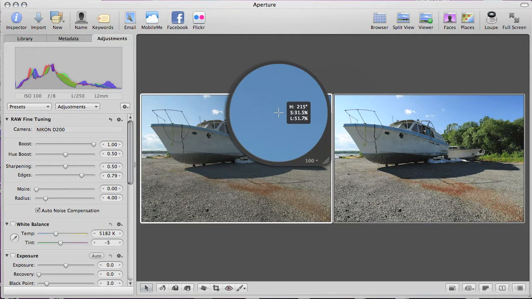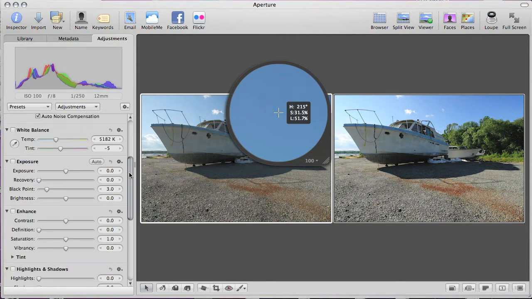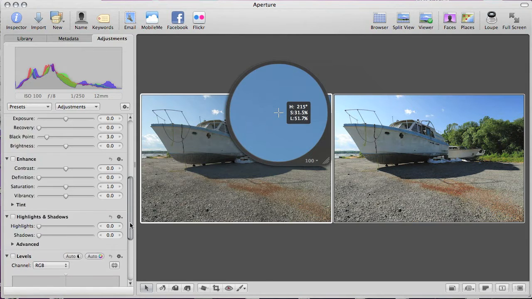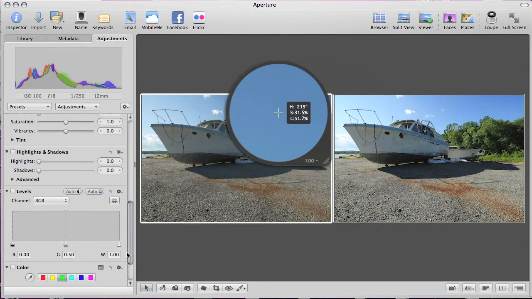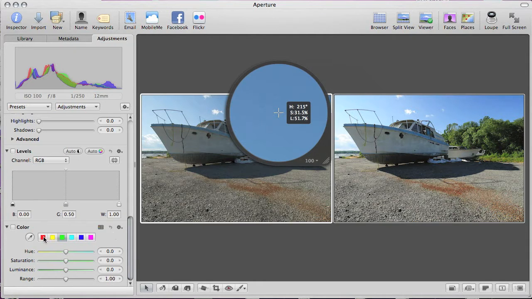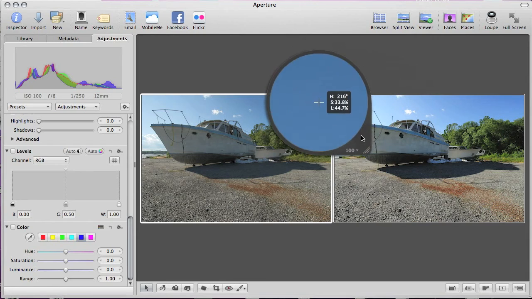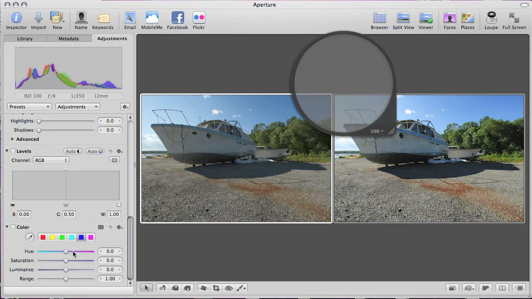Anyway, where we correct that is using this color control. There are other ways to do it. You could pick just about any one. This one's probably the easiest to use. So let's just correct these blues first. Part of the secret is making sure you've got about the right spot you're going to start the adjusting at. So I'm just going to use this color picker, move the loupe over a little,